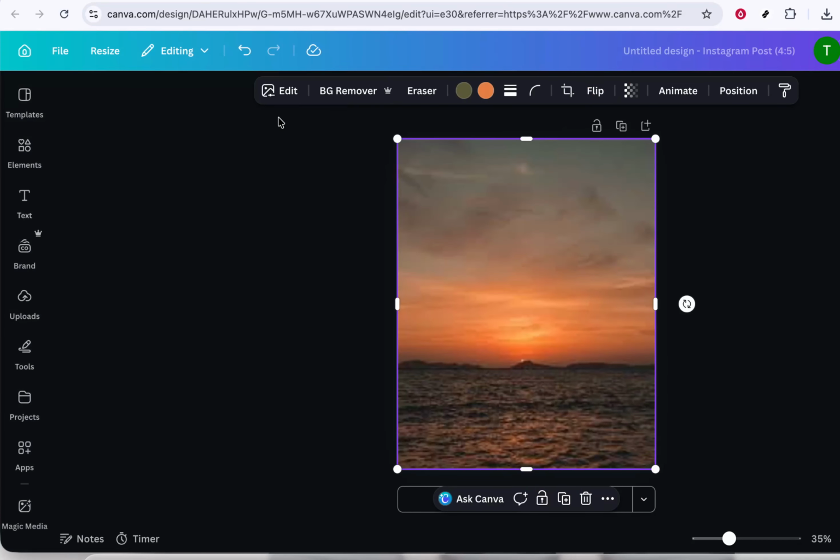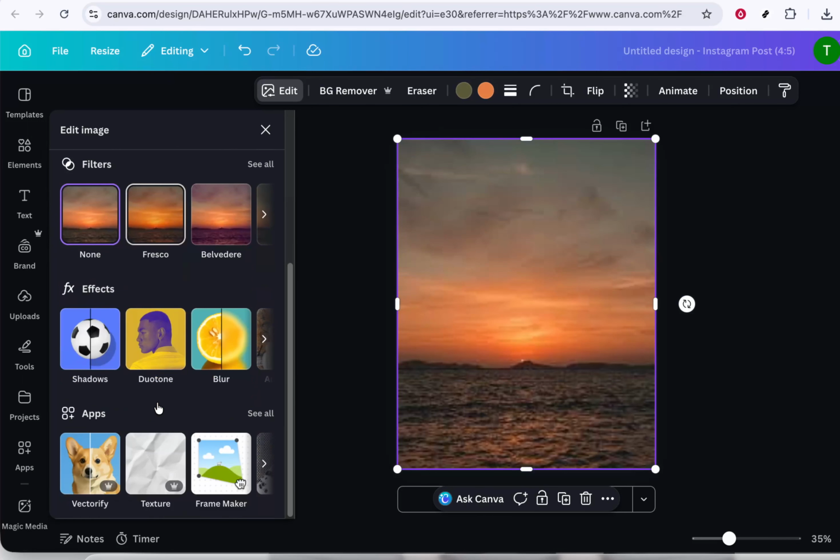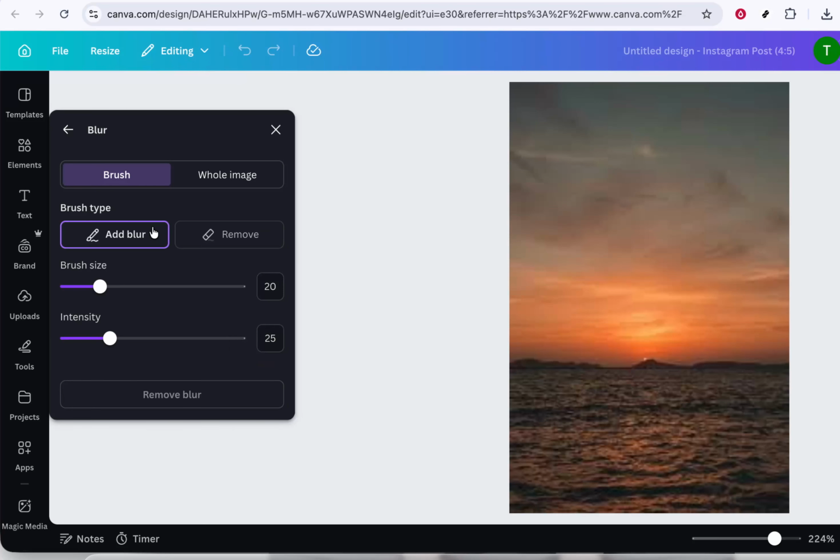Once the blur looks right, you can resize the blurred image. Click and drag the corners to turn it into a panel, a strip, or a smaller box of blur over your main image. This creates that modern blur glass look, where part of the background is soft and hazy while